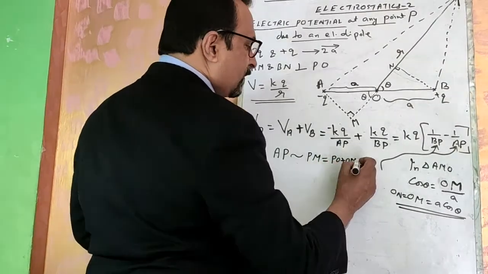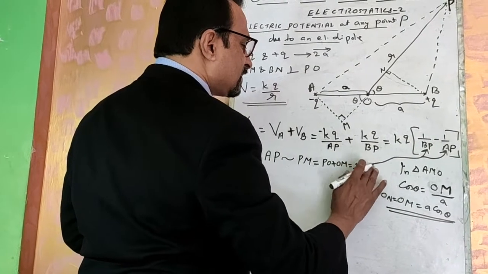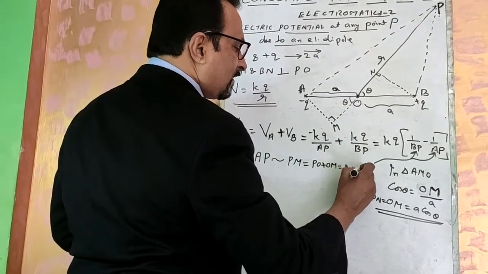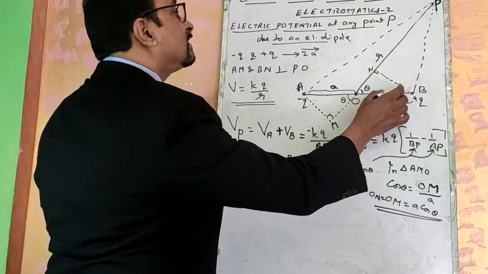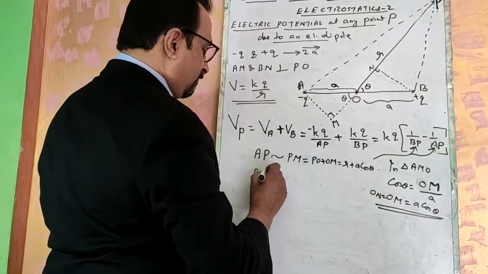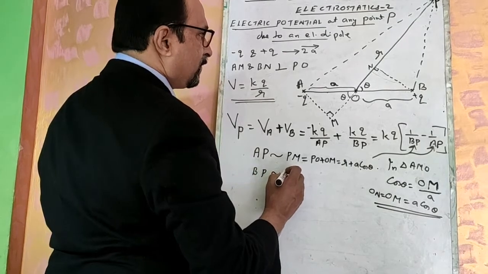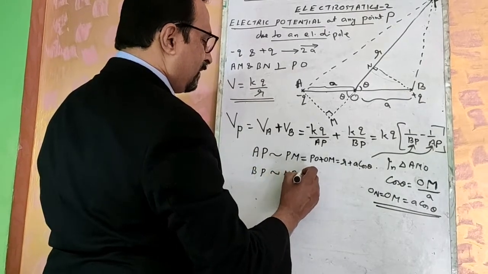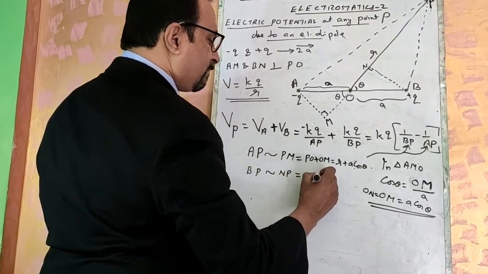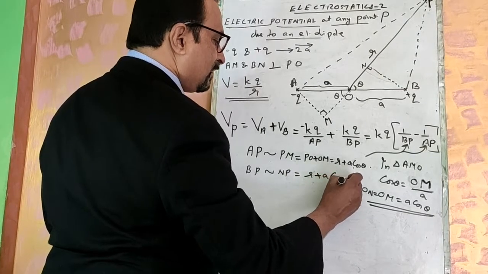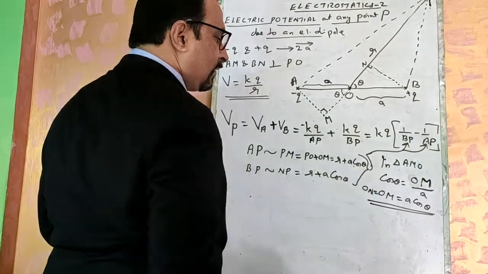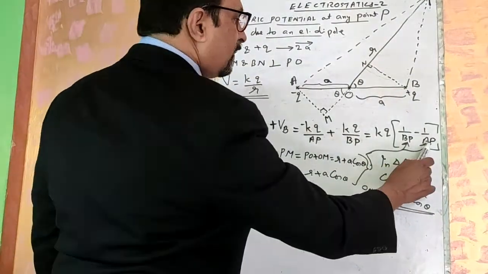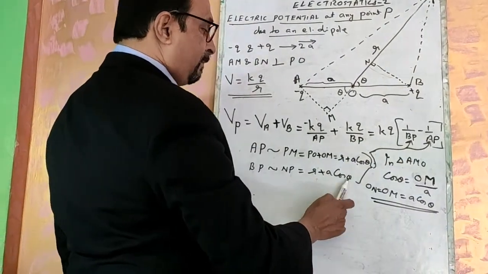Right? And PO plus OM becomes R plus A cos theta. Similarly, the other distance, that is BP. BP is approximately equal to NP. And NP you can write R plus A cos theta. You substitute these two, R plus A cos theta for AP and for BP and